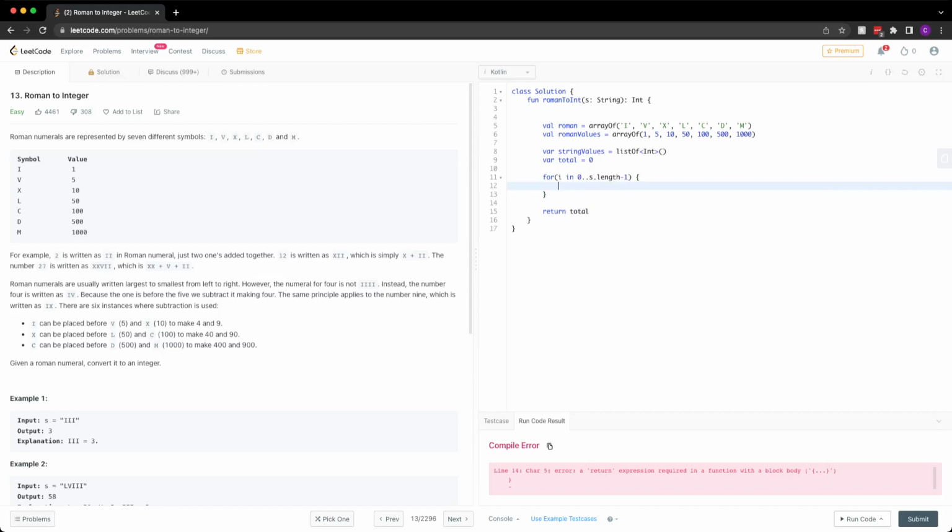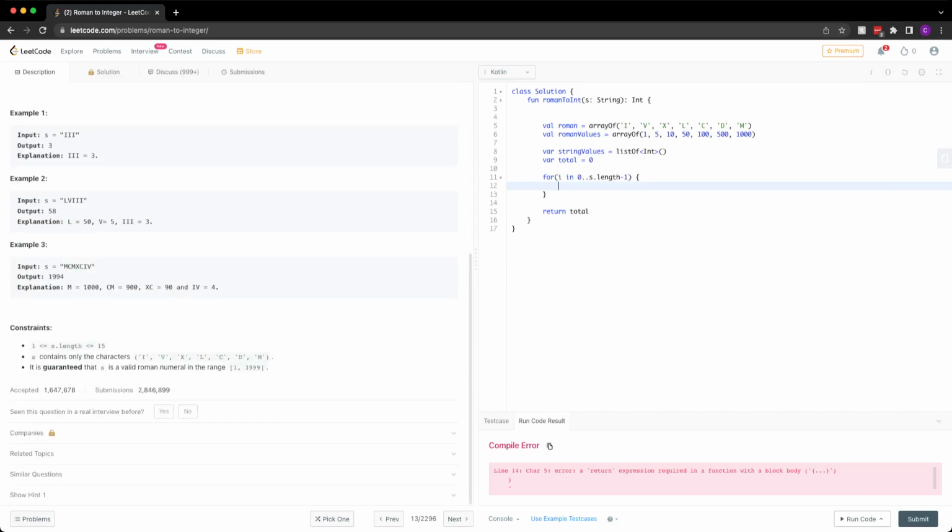So we're going through each letter in the string they gave us, and then I don't think, let's see here, it's either 1 to 15 length, and it only contains those characters.